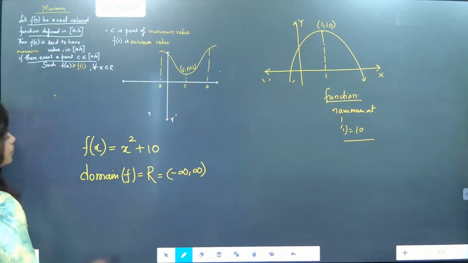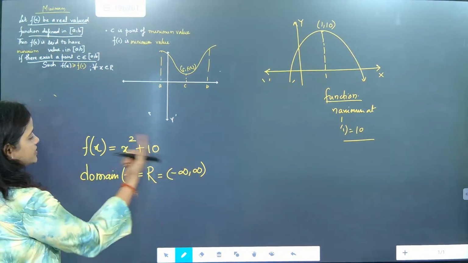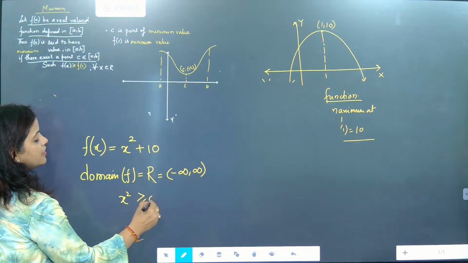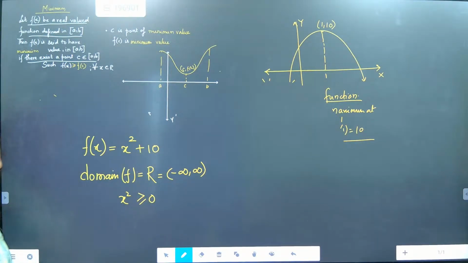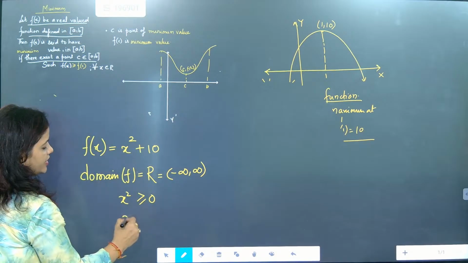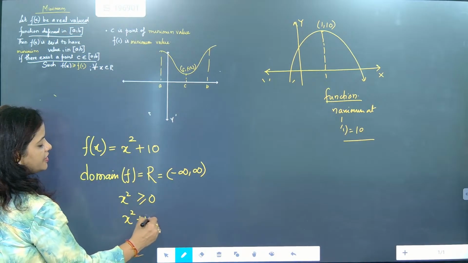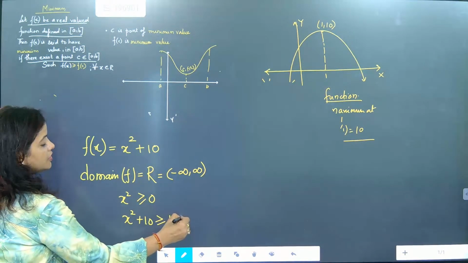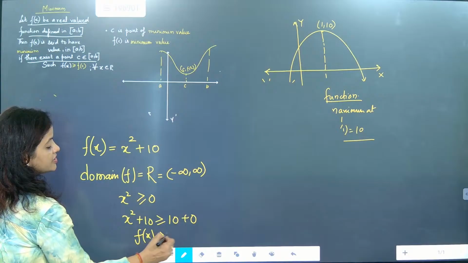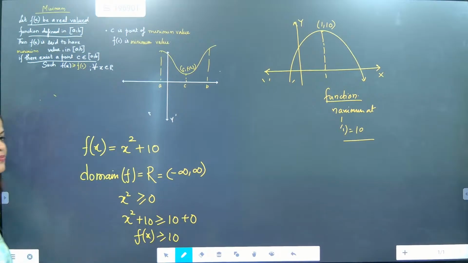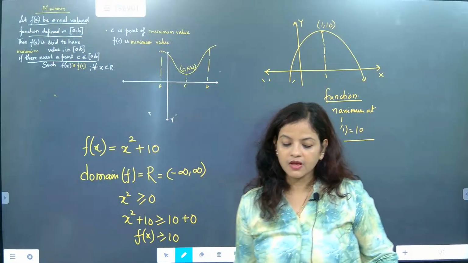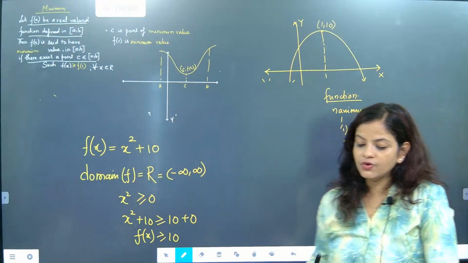And after that, what work are you going to do, beta? Exactly the same work. x square is a positive number. It will either be greater than 0 or equal to 0. So now only the addition of 10 is needed. The moment you add 10, this becomes f of x. This time f of x is greater than or equal to 10. That means what value of x, now look here, what value of x